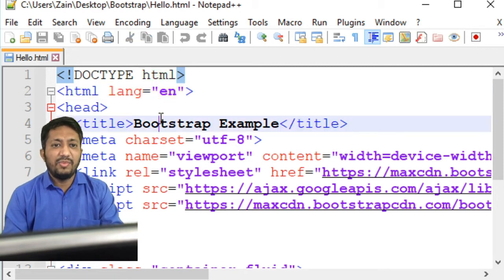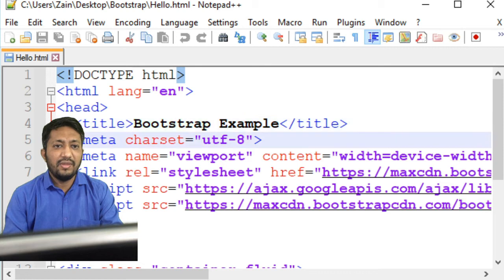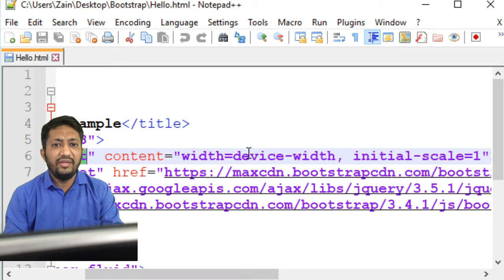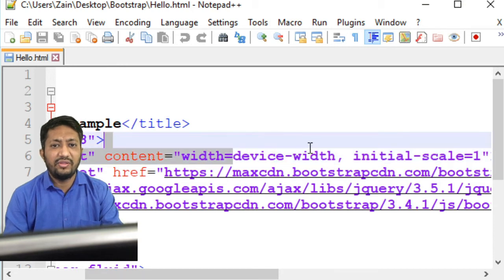Here the title is My Bootstrap Example, then a meta tag is available. One meta tag is very useful here: meta name equal to viewport. The viewport defines the view of our particular screen, where it defines the width equal to device width.